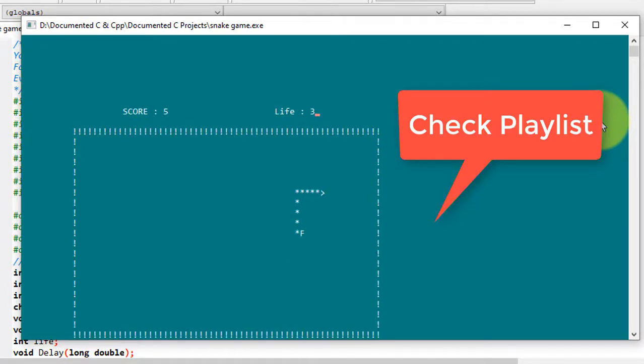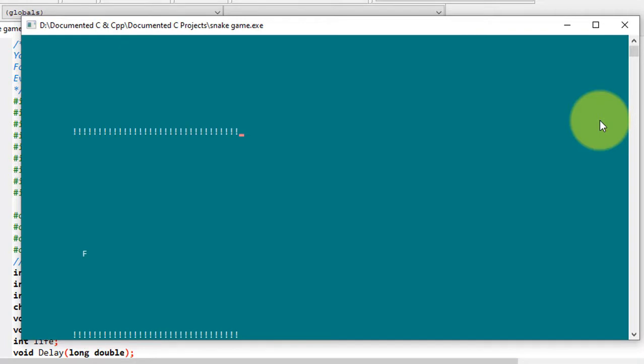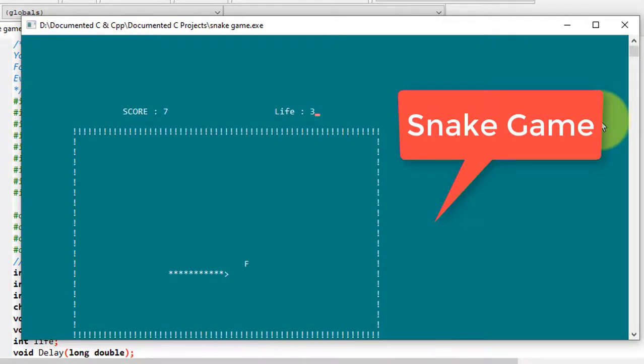Now my score is 5 and also the length is increasing. So this is a difficult one. I have to be aware of the wall.